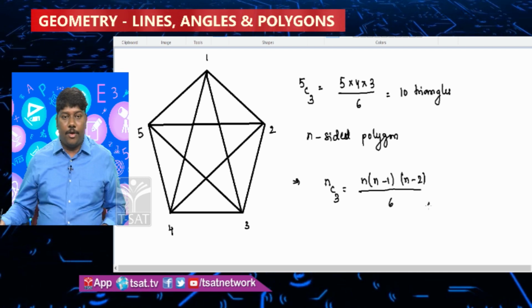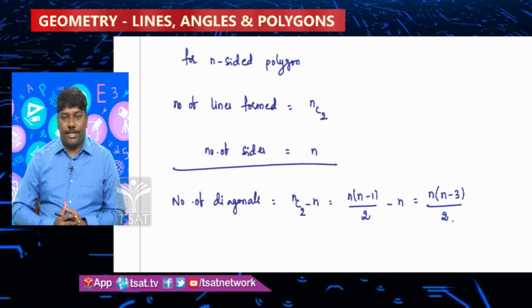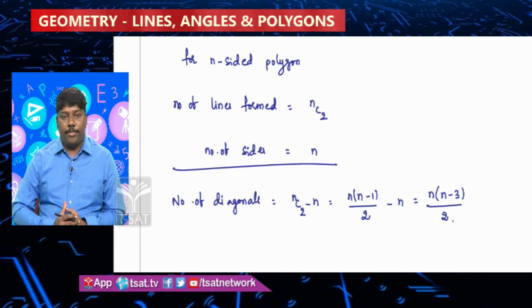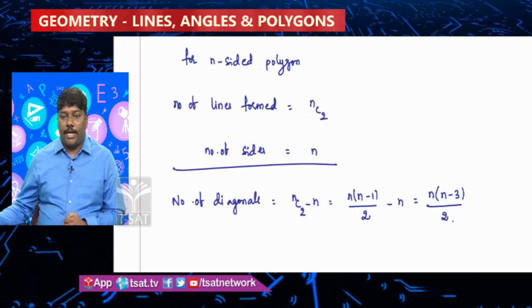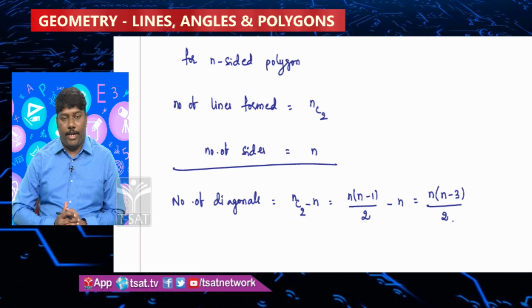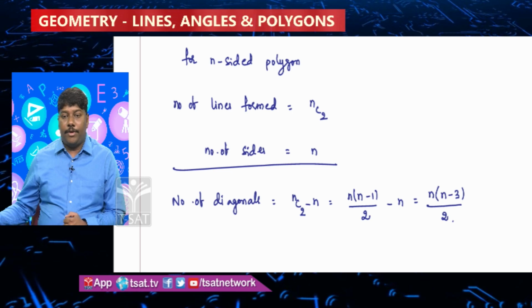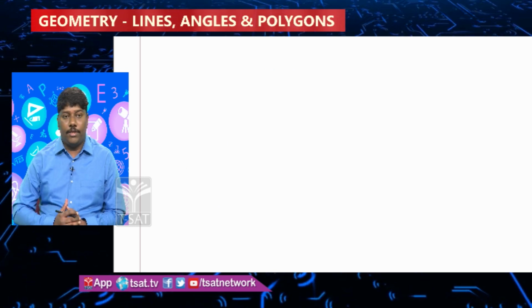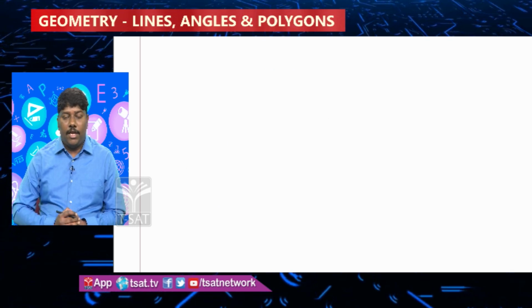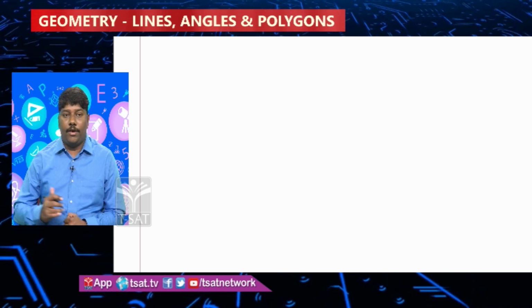So, we have seen the sum of interior angles, sum of exterior angles, each interior angle, each exterior angle, number of diagonals and number of triangles formed by vertices of a polygon. You can also find out the number of rectangles, number of quadrilaterals, number of pentagons in n-sided polygons. If I ask you the number of quadrilaterals formed by using the vertices of an n-sided polygon,